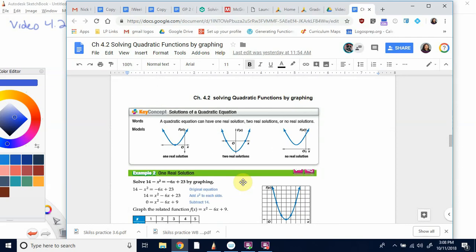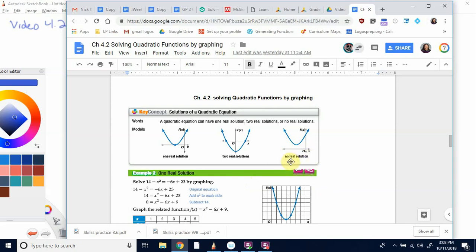Two solutions if it goes through, if it's below the x-axis and it opens up, or above and opens down, then you have two good solutions. Or you can have no real solutions, and I'm going to be a stickler on this, so make sure